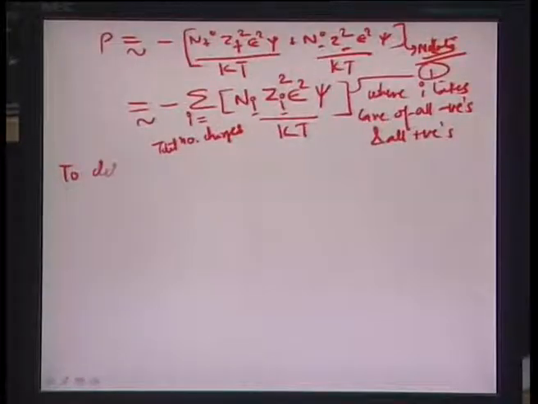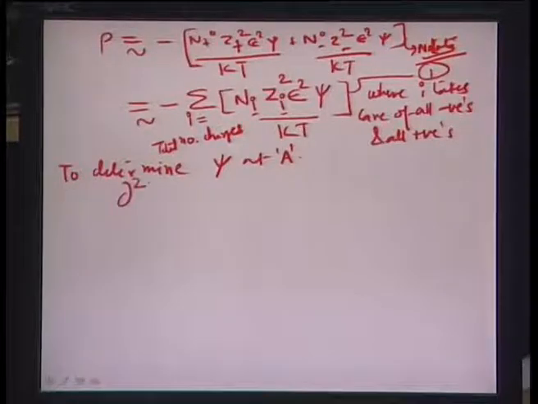So, let us say that we want to determine the phi at A. So, one way of doing that would be by using the Poisson's equation, which gives a spatial relationship of the potential function around a charge with respect to the density of the charge which is available at that particular point. So, we can write the Poisson's equation